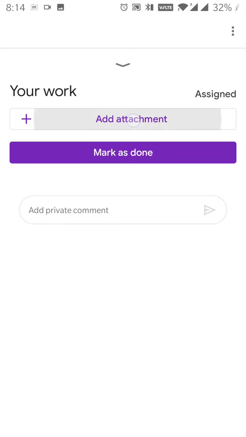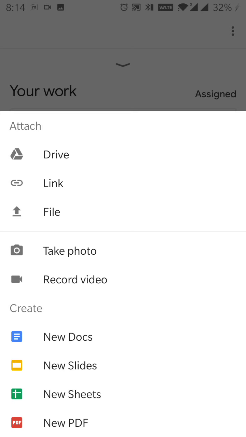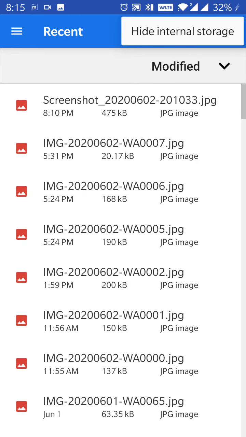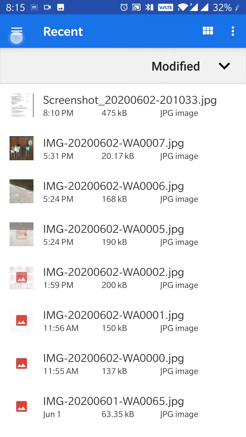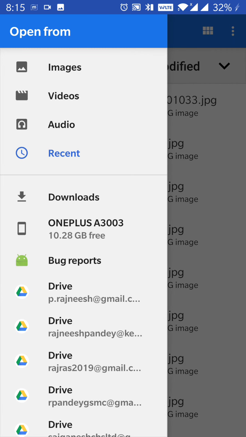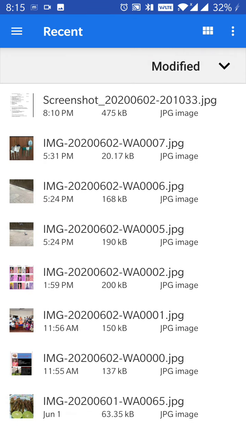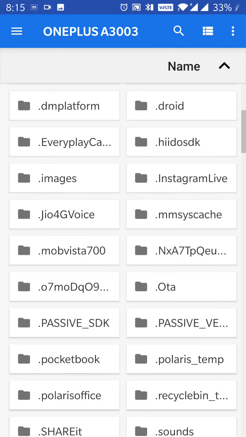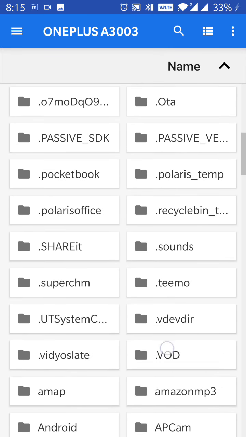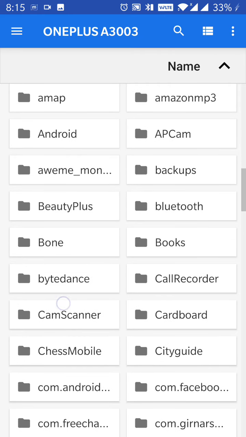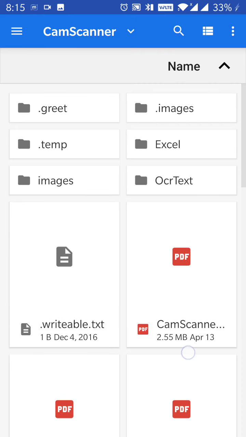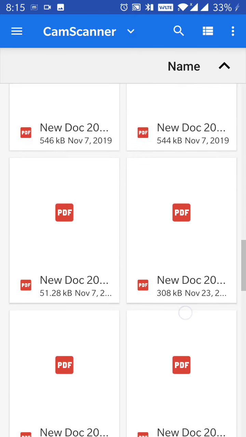Click on add attachment. Then click on the file and then you have to give the path for the file. Okay. If it is in CamScanner, go to your CamScanner folder and then search for the named file.